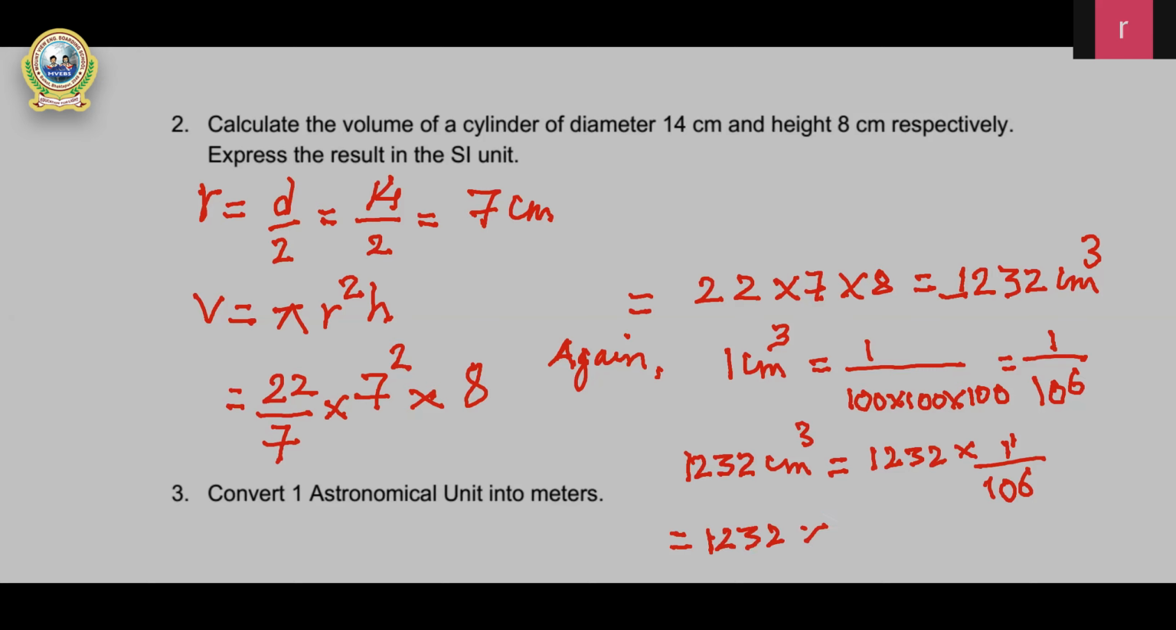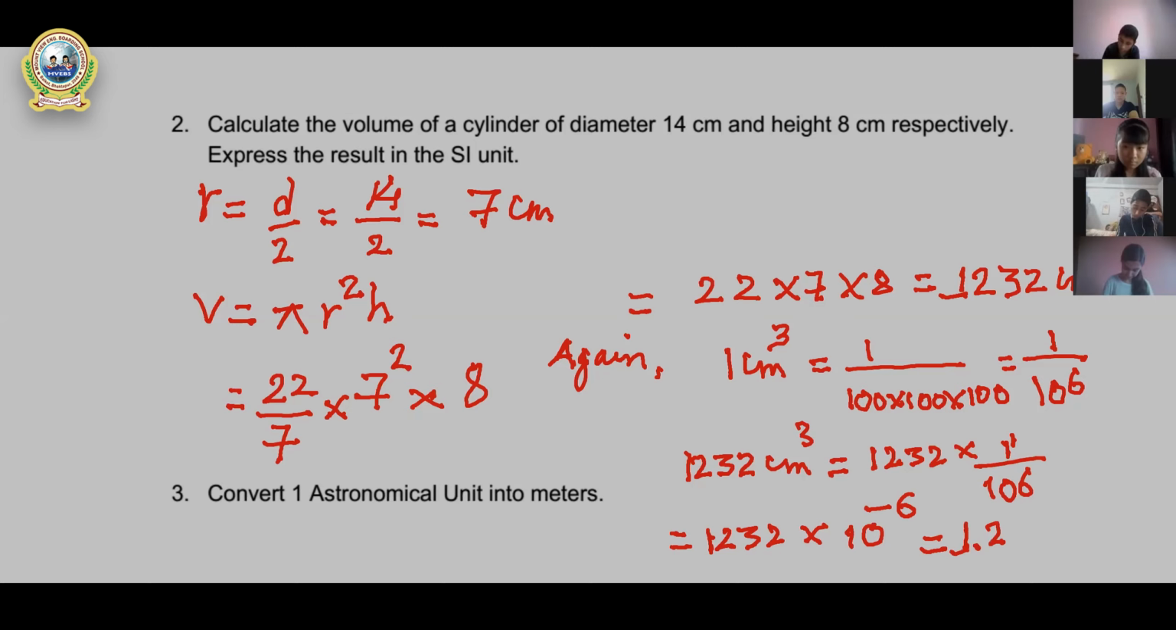1232 into 10 to the power minus 6. So I take 10 to the power 6 to the numerator, and you know that the sign convention changes, that positive becomes negative. So this is a very small number. And finally, if you express it in the power of 10 or scientific notation, then you can write like this: